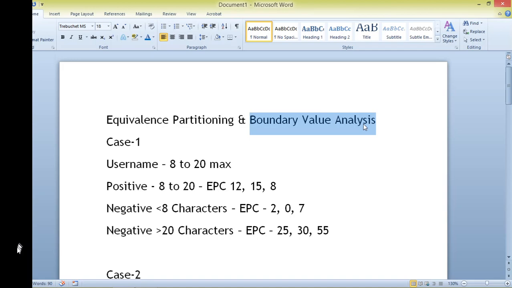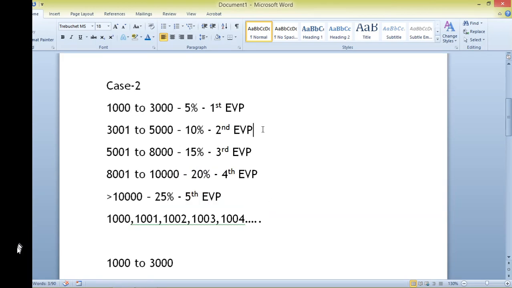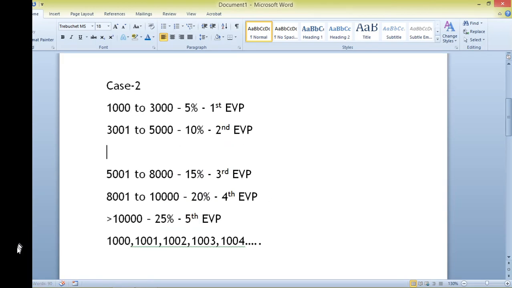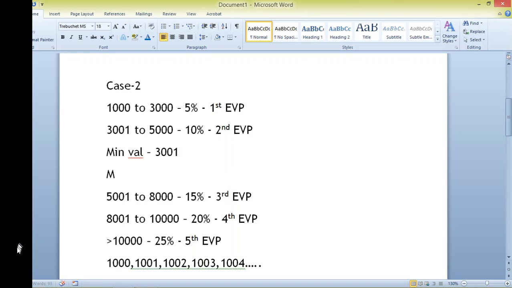All right, let's move on to the second class. Maybe you can try giving the values for this class. Your minimum valid value is going to be 3001, and your maximum valid value is going to be 5000.